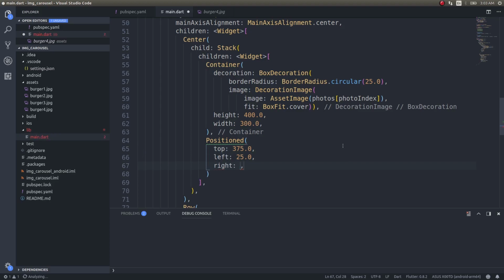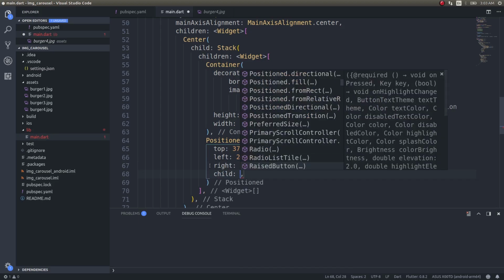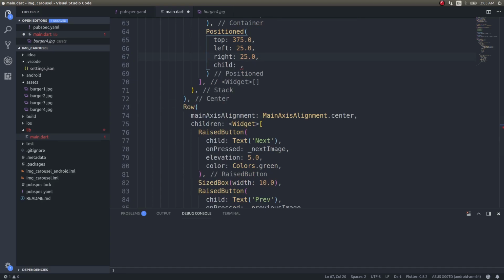Anyway, if I do a main axis alignment dot center for the row, then obviously these values are not going. Anyway, child, and for this I'll create a separate class